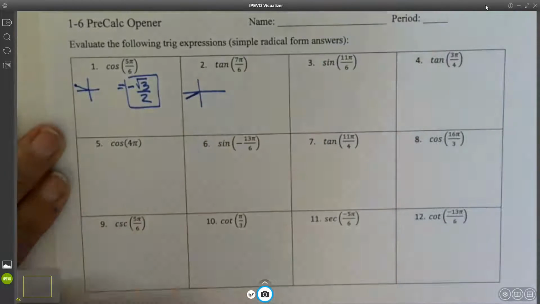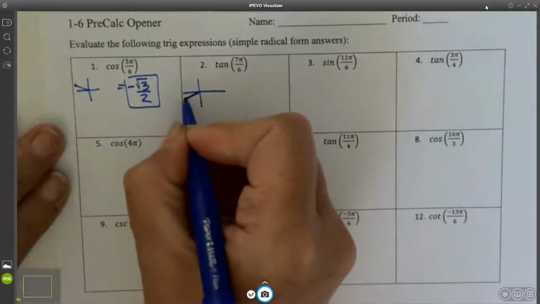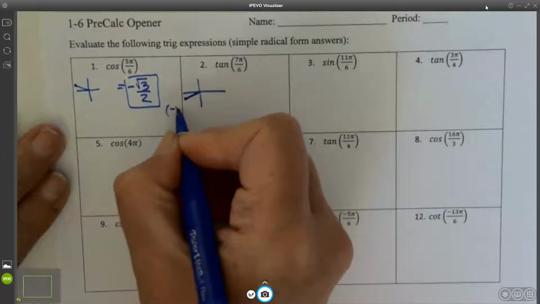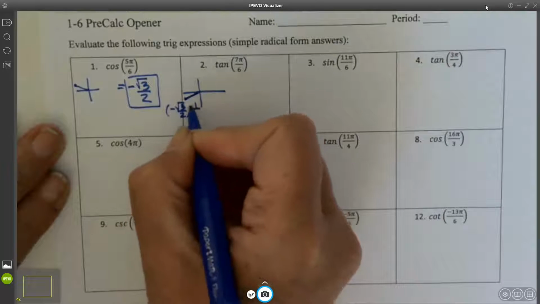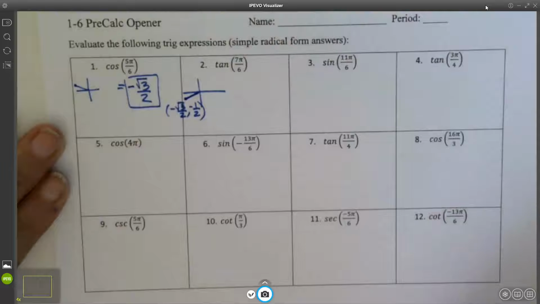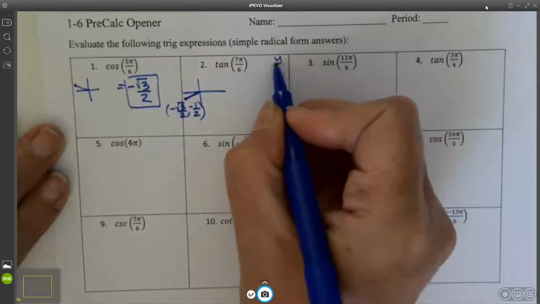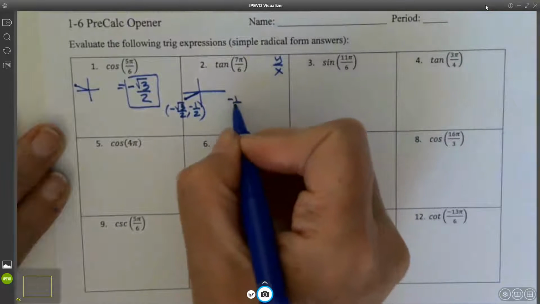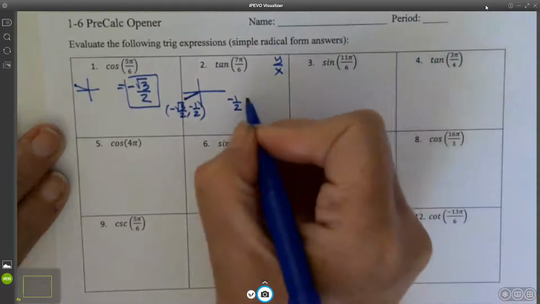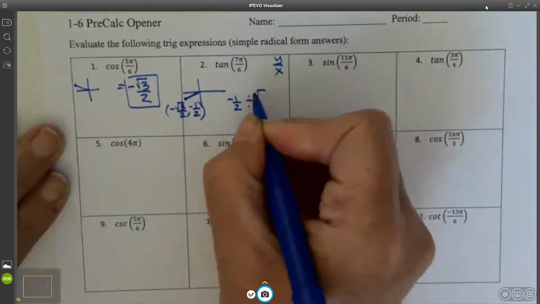7 pi over 6 is right there in the third quadrant. And that ordered pair, the x coordinate is going to be negative root 3 over 2. And the y coordinate is going to be negative 1 over 2. So if the tangent is y over x, I'm going to take my y value and divide it by the x value,